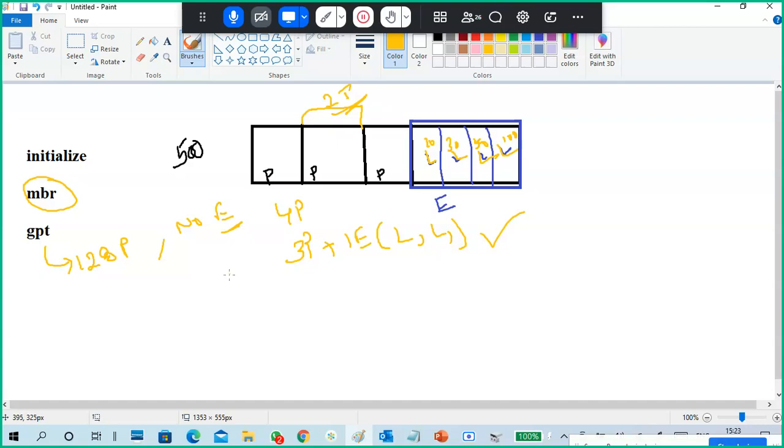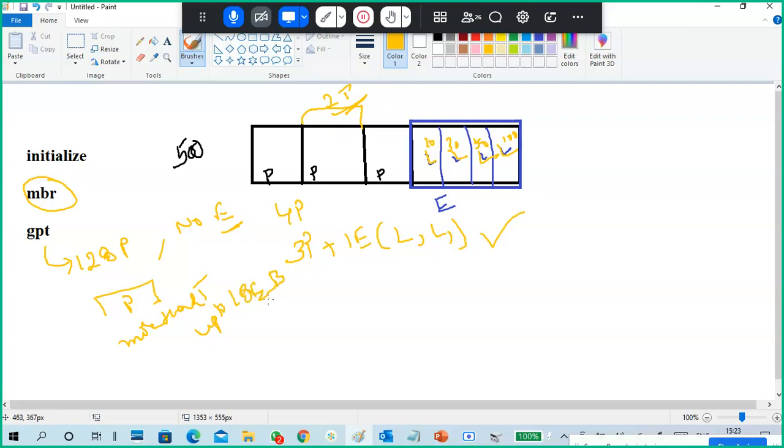On the other hand, with MBR the partition size is 2 terabytes, but GPT supports more than 2 terabytes, up to 18 EB.